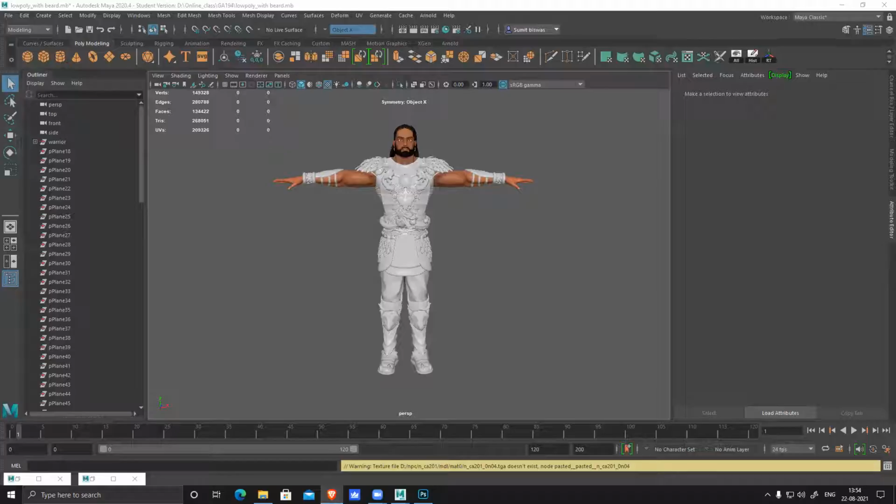Sir, one more doubt was that for leather, I could not figure out how to create better damage in leather. Damage like the color will change, plus scratches will be there.